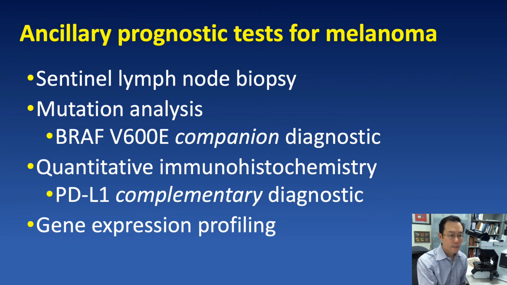With today's focus on melanoma diagnostics, a discussion of prognostic tests related to melanoma is really beyond the scope of what we can do today, but just for completeness, here is a list of some of the tests that do affect the daily life of the dermatopathologist, if you will. So we have sentinel lymph node biopsies that we review, and we get frequent requests for testing for BRAF V600E mutation analysis, as well as immunohistochemistry for PD-L1, both being related to clinically relevant targeted biological therapy for patients with